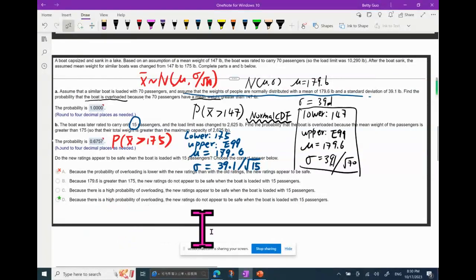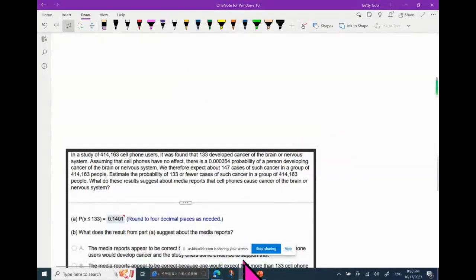Because there's a high chance of overloading, the new readings do not appear to be safe when the boat is loaded with 15 passengers. Even though it's a lot better than 70, right? 70 is like definitely will sink. And this is better, but still not safe. Okay, so that's the question from